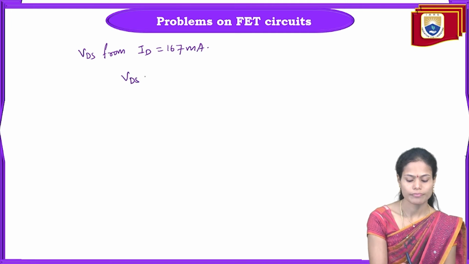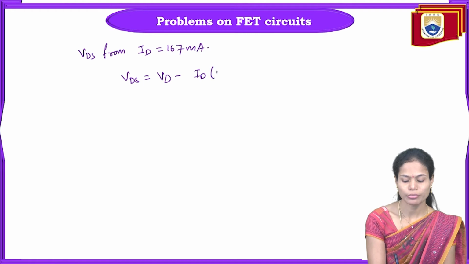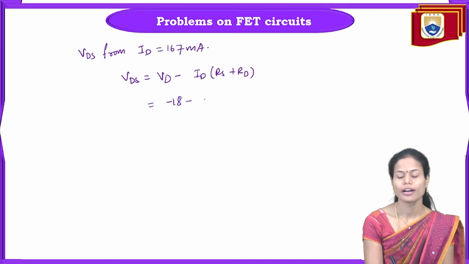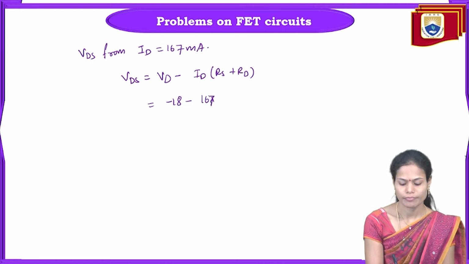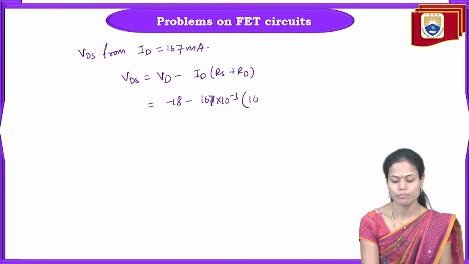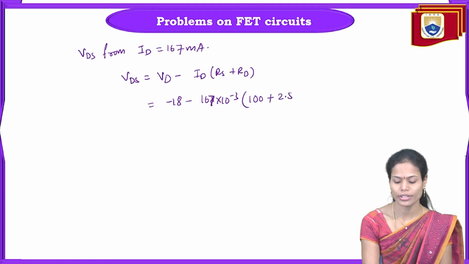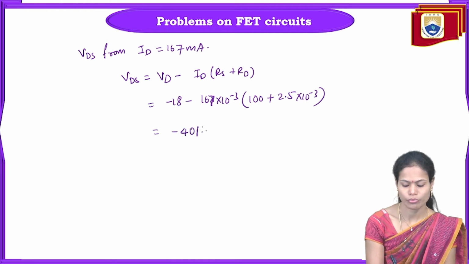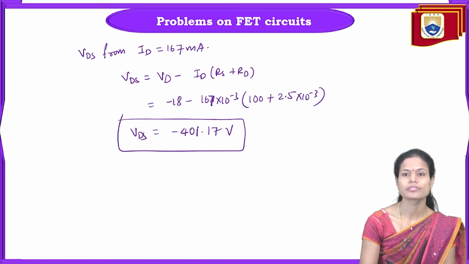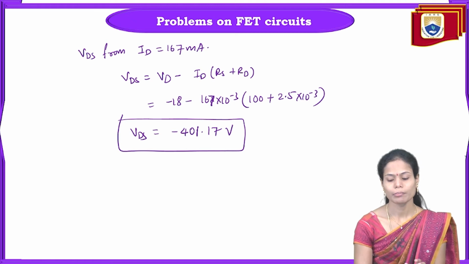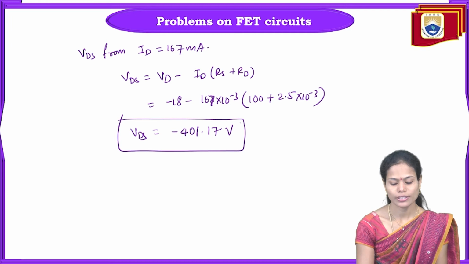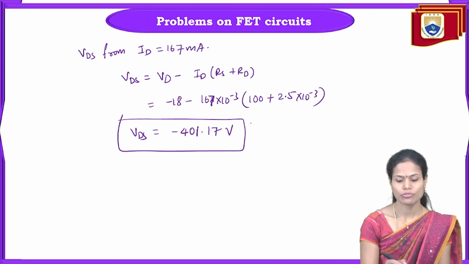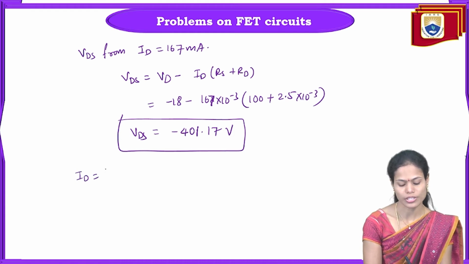So VDS equal to VD minus ID into RS plus RD. The VD value is given as minus 18 volts minus the ID current of 167 milliamps, and the RS value is 100 ohms, and the drain resistance value is 2.5 kilo ohms. So this value we will get as minus 401.717 volts. VDS can be greater than VDD here actually, but this value we are getting is less than VD here. So that's why again we need to check for the next value of ID,